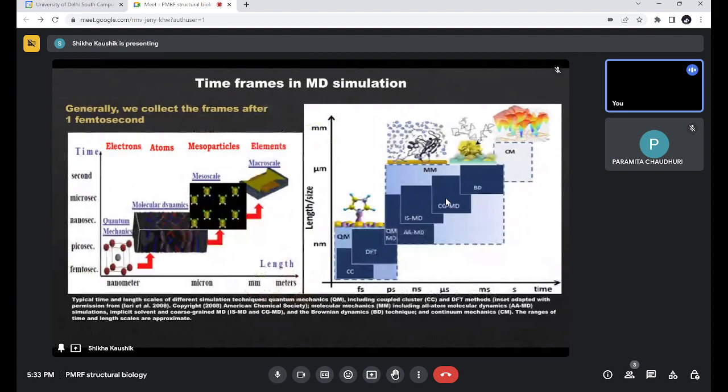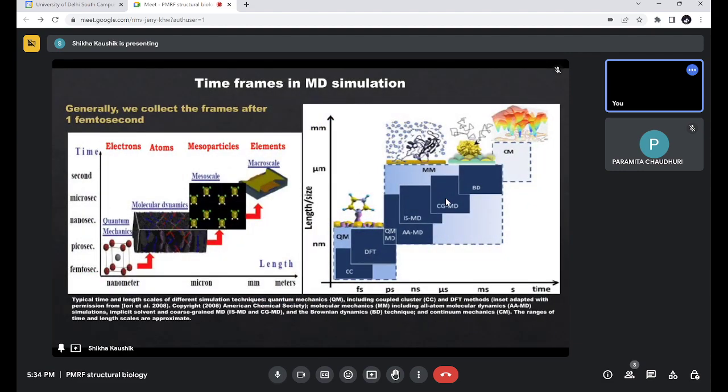If I talk about the time frame in MD simulation, generally we collect a frame after 1 femtosecond, that is 10 raised to power minus 15. Can you imagine that you can understand the changes happening at that particular level, at that particular time frame. The typical time and length scales of different simulation techniques are given in this cartoon, where you have quantum mechanics, which goes beyond femtoseconds. Then you have molecular dynamics and other systems that you can achieve at the femto or picosecond scale,